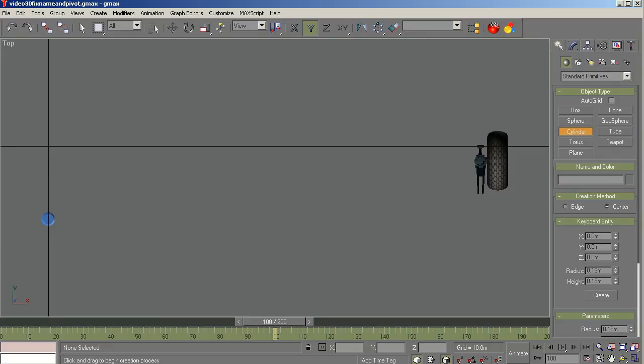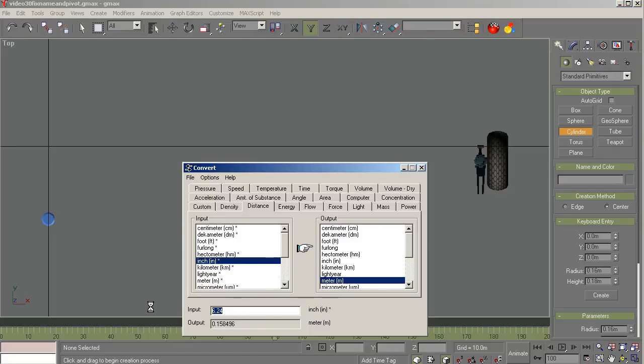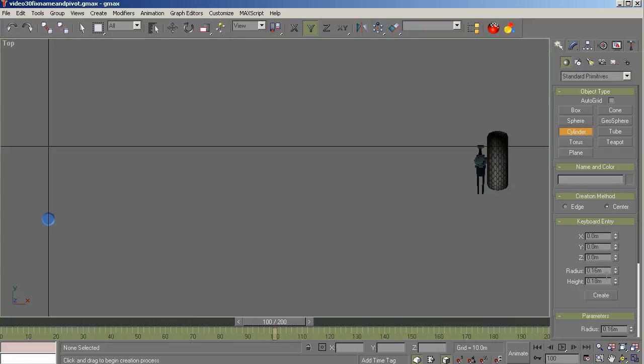So we need to get the metric equivalent of that, 2.13. I guess is close enough. 0.054. That'll work. Okay, 0.054. And the height wise, actually I didn't have a height on that, so let's just make it about